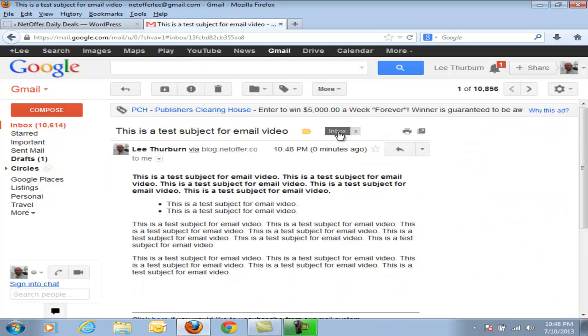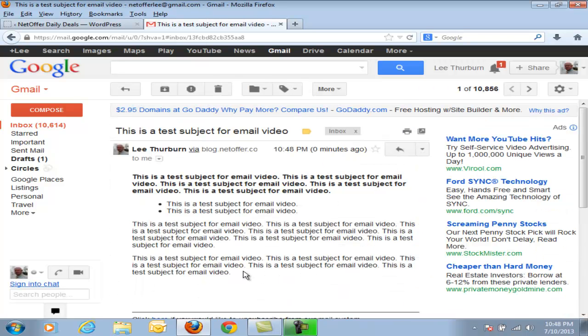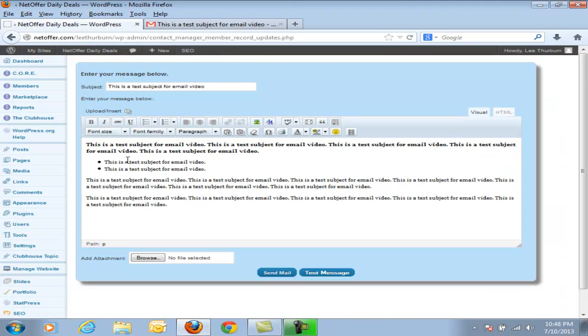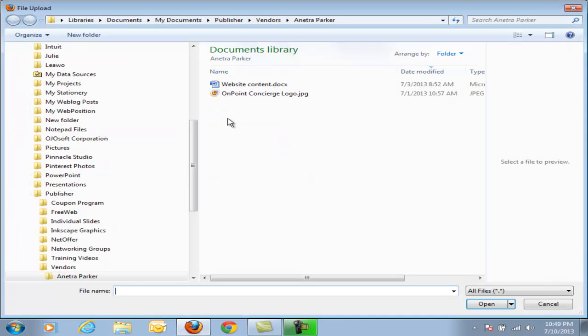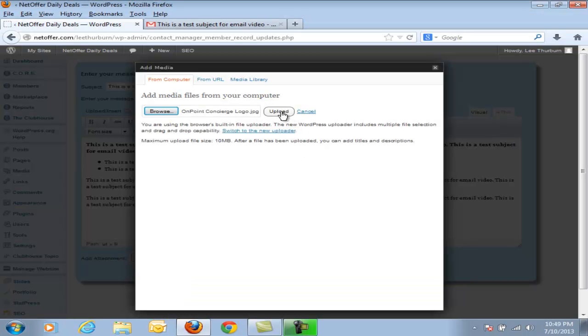Now we're going to go look at the email, see if it has arrived here. Here it is, and you can see here's the message that I have just created with bullet points, broken into paragraphs. Now what I'm going to do next is I'm going to insert an image. So we're going to go back over to here, and I'm going to put my cursor right at the level of this line, and I'm going to go up here where it says upload insert, and I'm going to click on the image insert tool, and I'm going to go to my computer, and I'm just going to go find an image, and in this case I'm going to use the OnPoint Concierge logo,